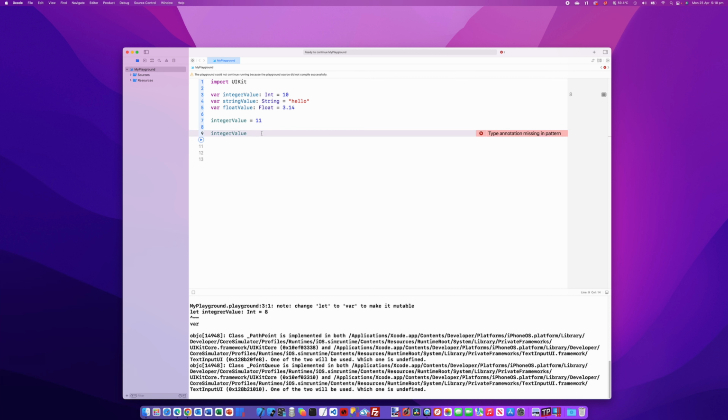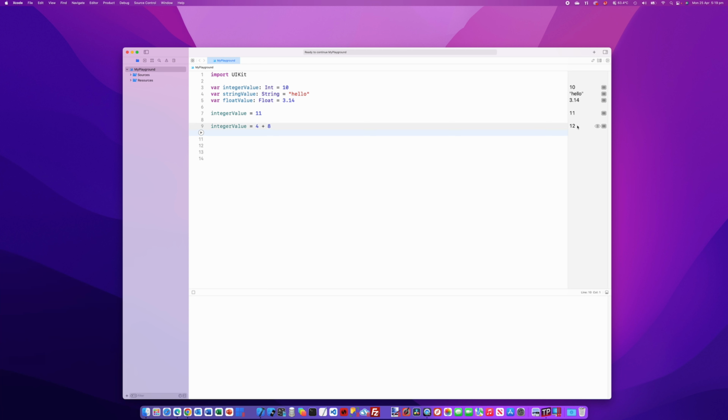We can go integer value equals 4 plus 8. 4 and 8 are both integer types, so it's quite happy to add them together and store that in integer value. And if we run it, we can see that the result of 12 has actually been stored in integer value, and it's happy enough to do it. Now, I guess it's the same sort of thing if we go again,